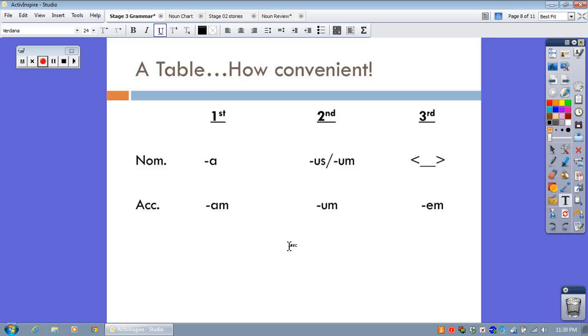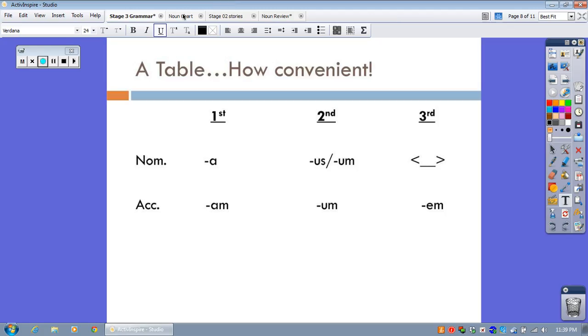Here's a little table that I made for you, just to show you. Now these are only the singular endings, the nominative singular endings for first, second, and third declension nouns, and the accusative singular endings for first, second, and third declension nouns. So that's there if you need it. But I'm a big believer in songs, and actually before we do that,